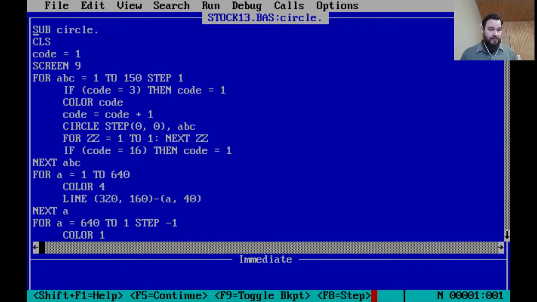It's graphics. Woohoo! You can notice I'm going into screen 9. So looks like I'm using two graphics commands here, the circle and the line. Now the different screens, I'm guessing screen 9 gives you 640 by 320 graphics. So each of the different screen modes varied on two things: the screen resolution and the